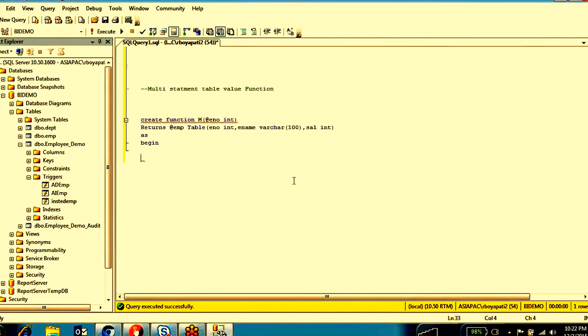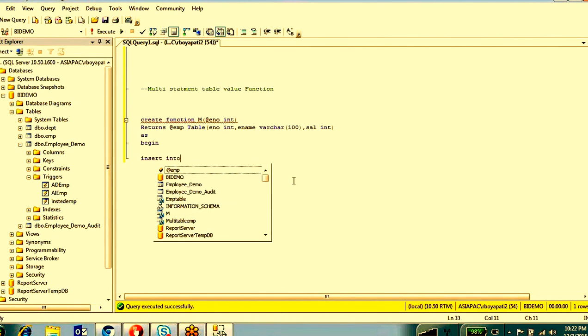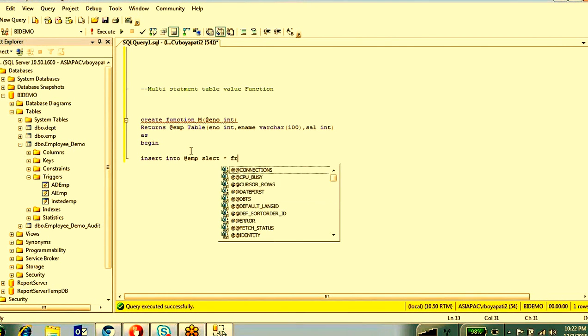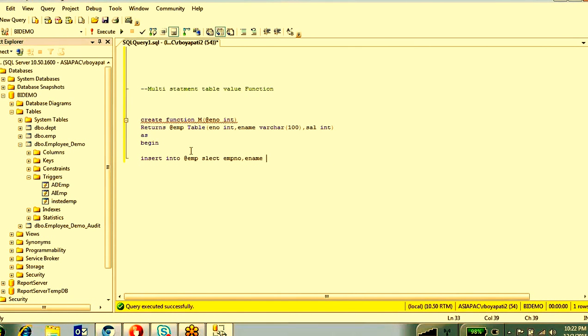So what I am going to do, I'm inserting data, insert into this temp variable select emp number, employee name, salary from emp table.